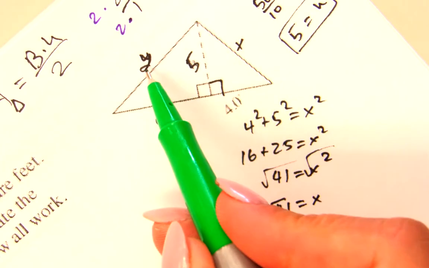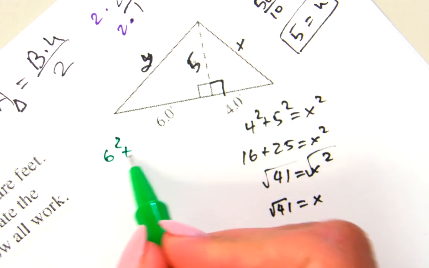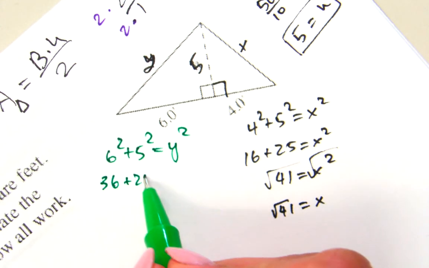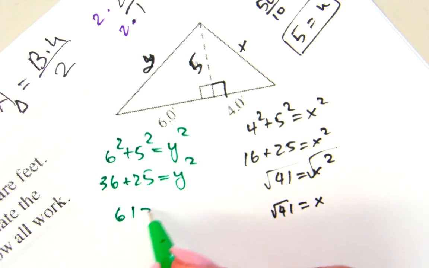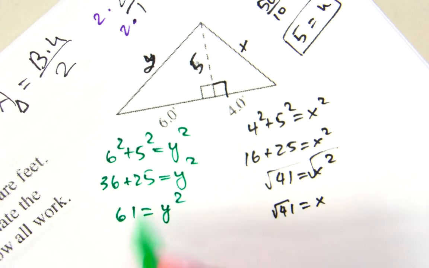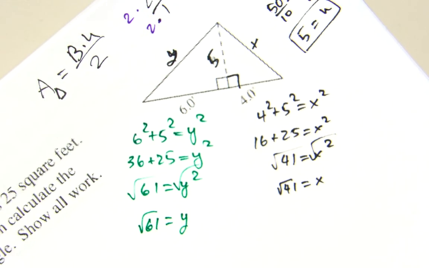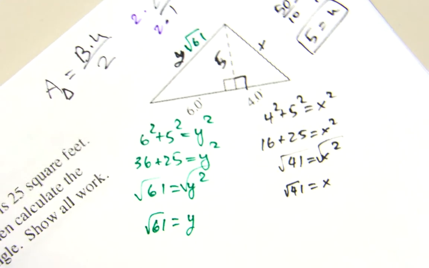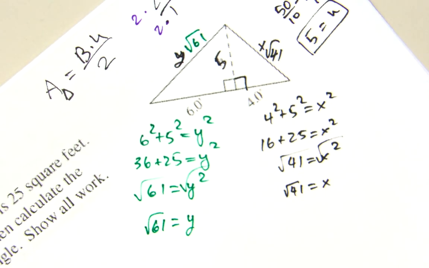Okay. For this one, we have leg, hypotenuse also. So we have 6 squared plus 5 squared equals, we'll call it y squared. We have 36 plus 25. 36 plus 25 is 61. Well, 61 is not perfect either, so that pretty much tells us the square root of 61 is going to give us our y. And, okay, so y is going to be the square root of 61. x is going to be the square root of 41. And we need to put our